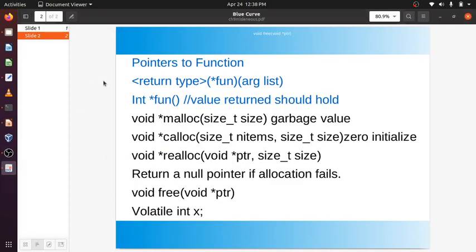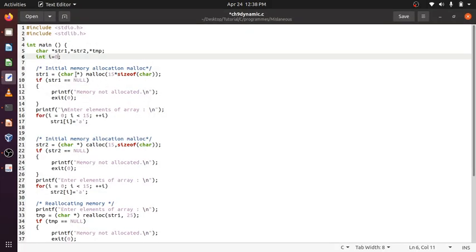Whatever size you give at runtime, it will allocate that much memory. So as per this example, 15 into sizeof char will be allocated. This 15 could be any variable like I or anything. The return will be kept here.